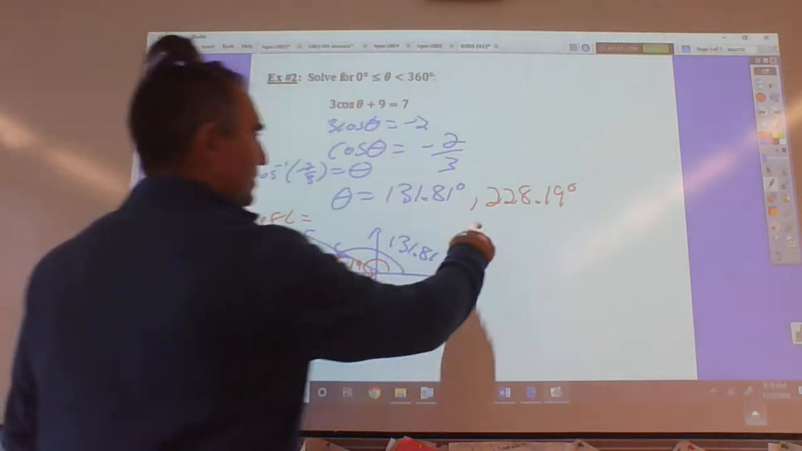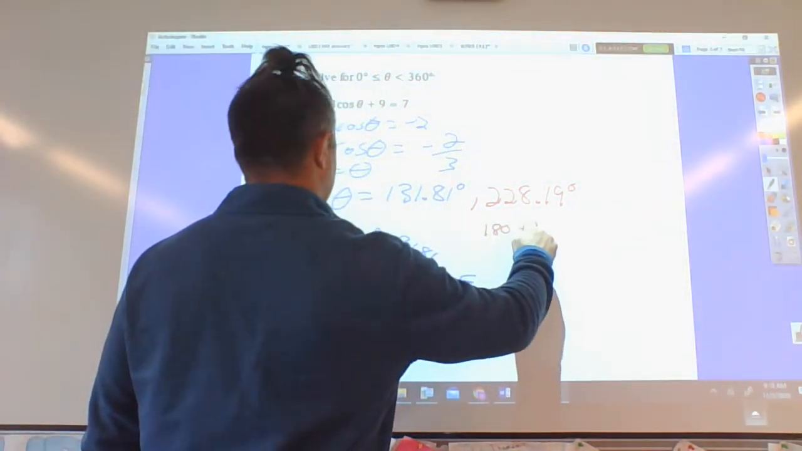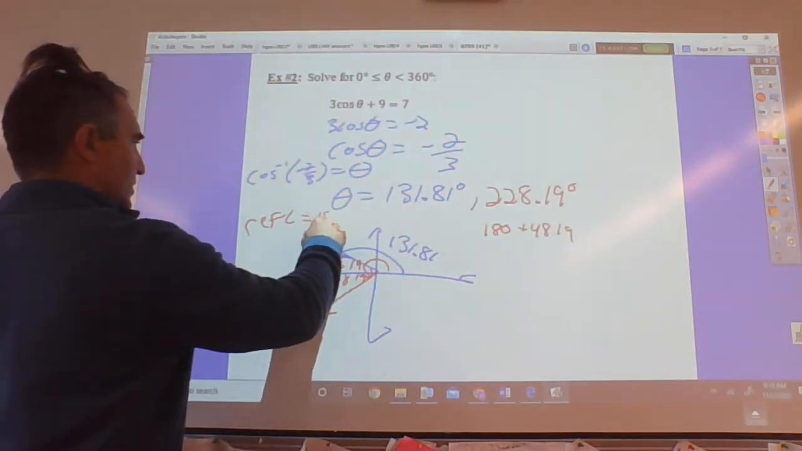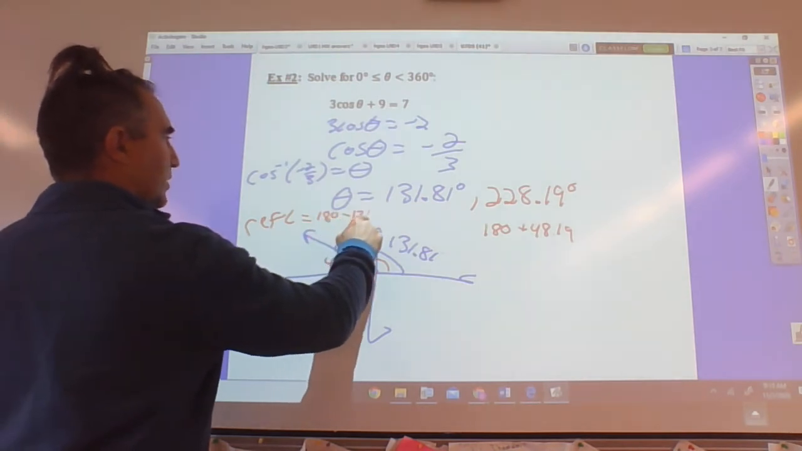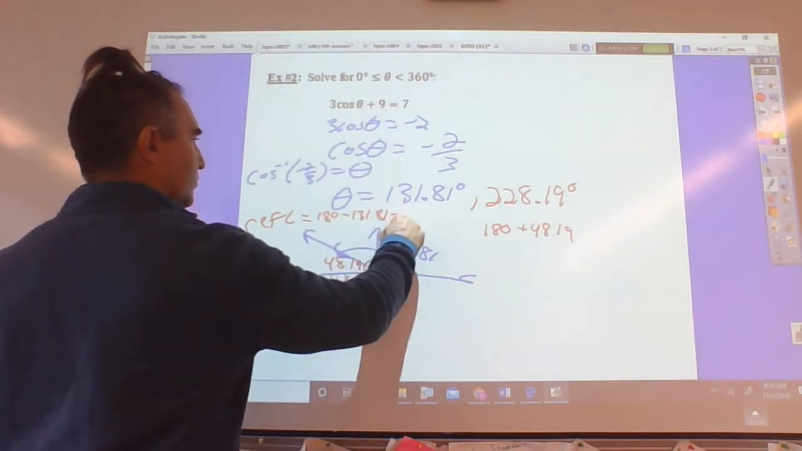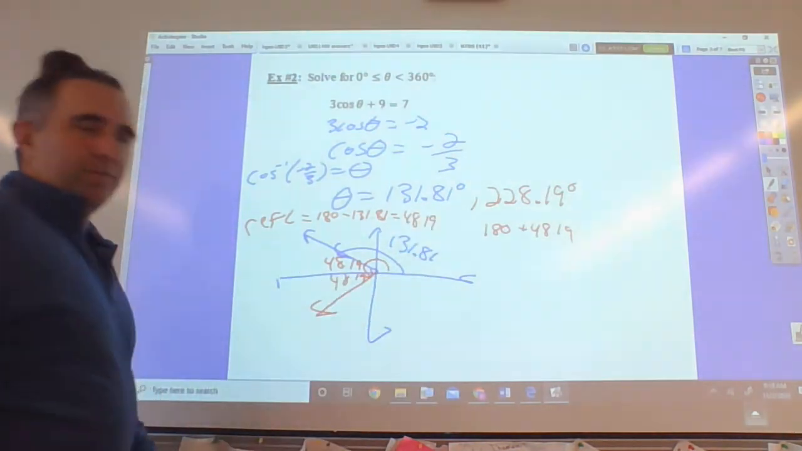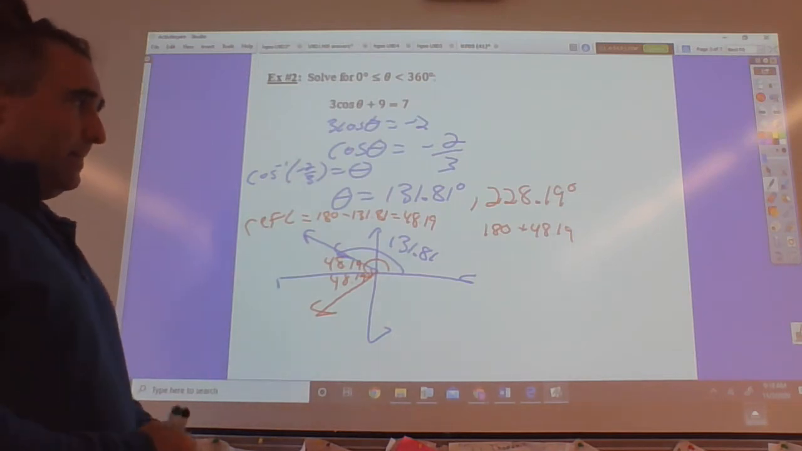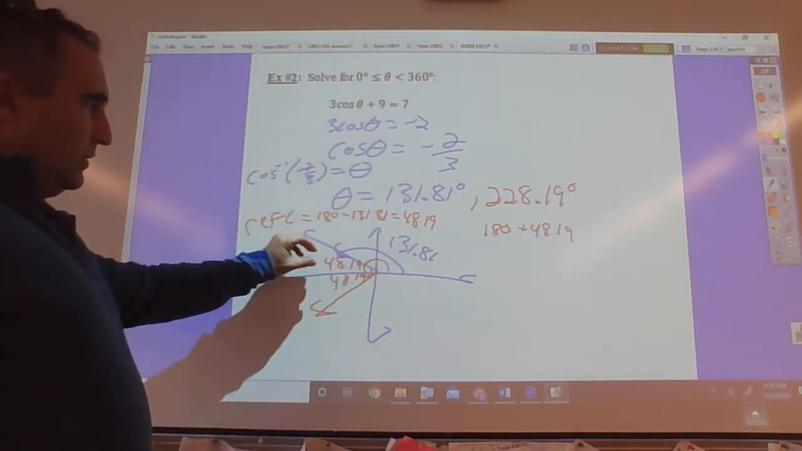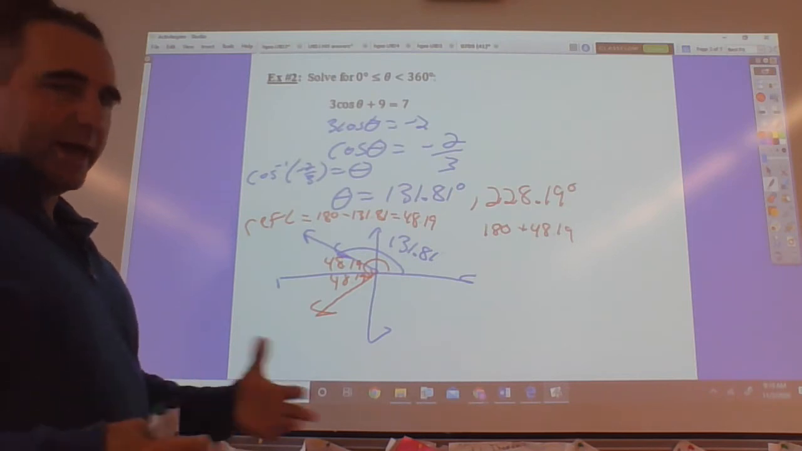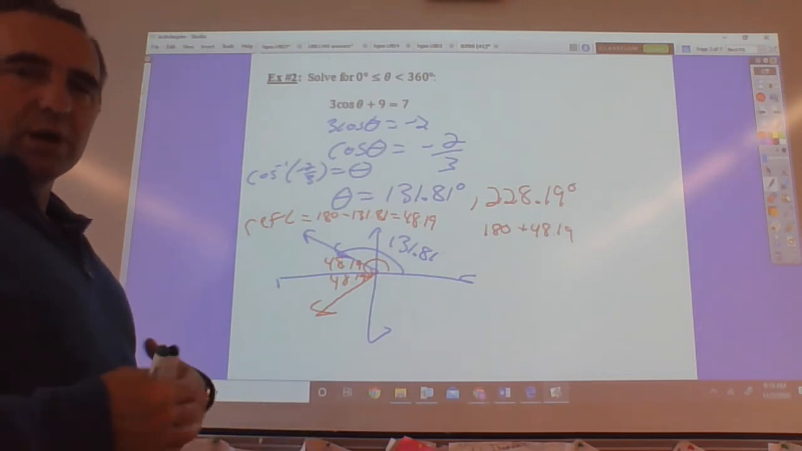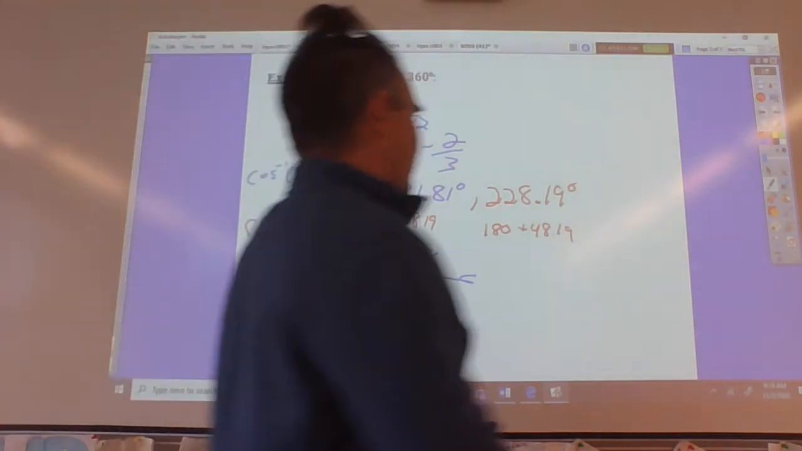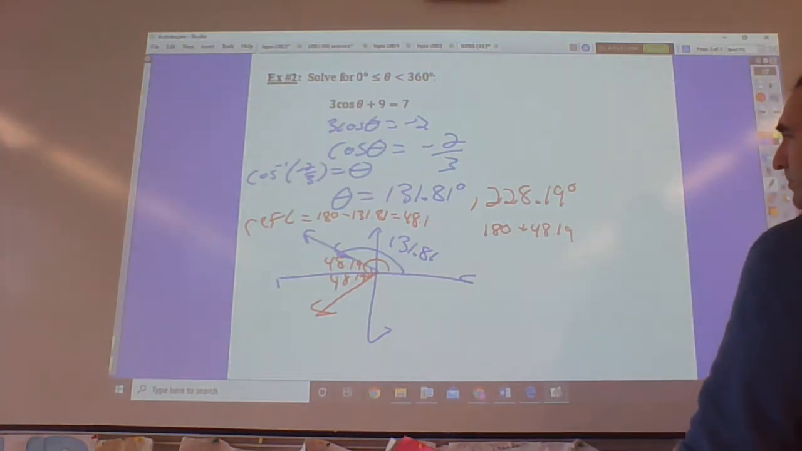All right, so again, if you need to write down where that came from. And the reference angle was 180 minus 131.81, which equals 48.19. Now, that's one way of doing this, and it's a fine way of doing it. To me, what I like about that is you can always easily find the reference angle and then add, subtract to 360, 180, whatever you need to do. But some people start to recognize patterns, and if we back this up,